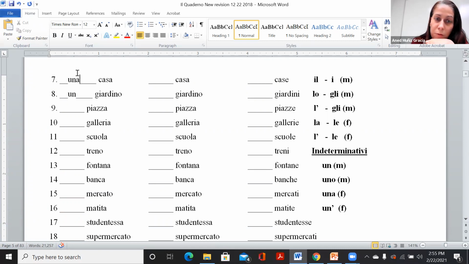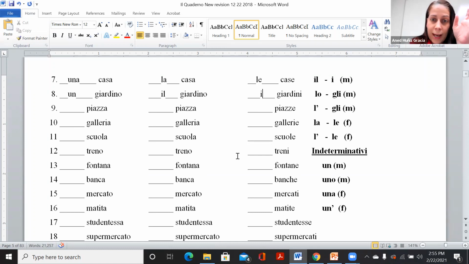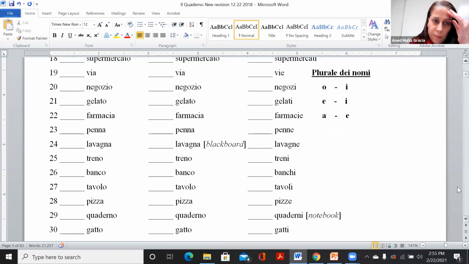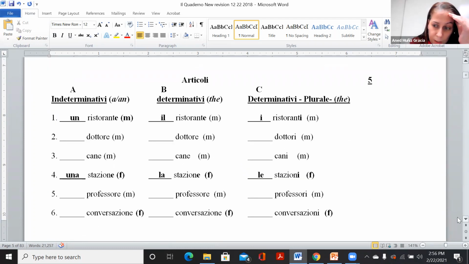In this column, you have those two choices. This is articolo determinativo, la or il, and then plurals on the third column, le or i, because they all begin with just regular consonants. So you only have those two choices for each column on this page. Poi la prossima pagina, pagina 5,